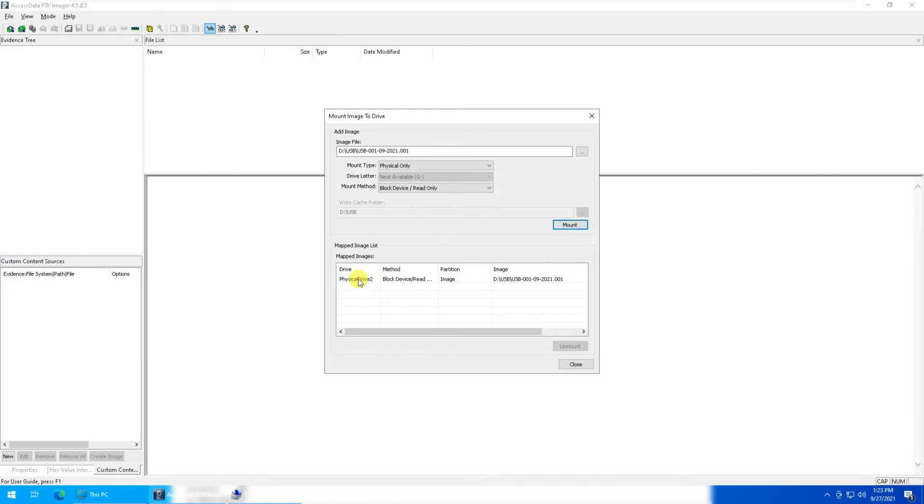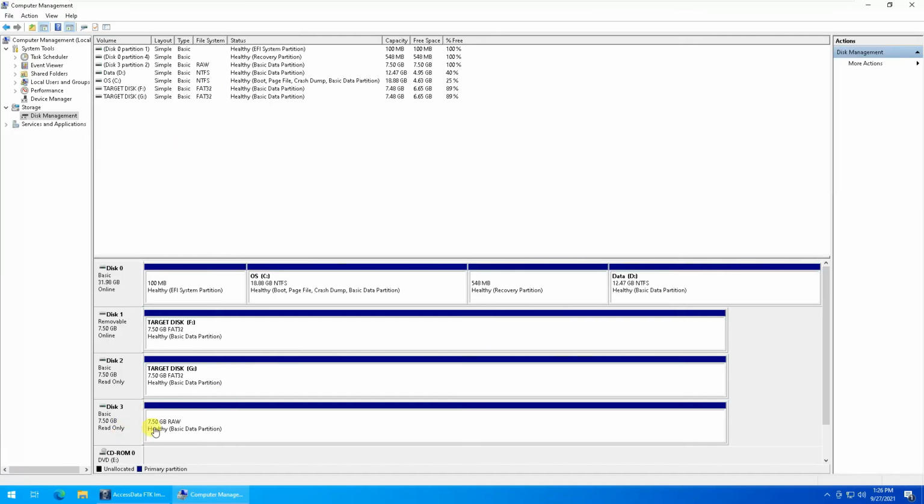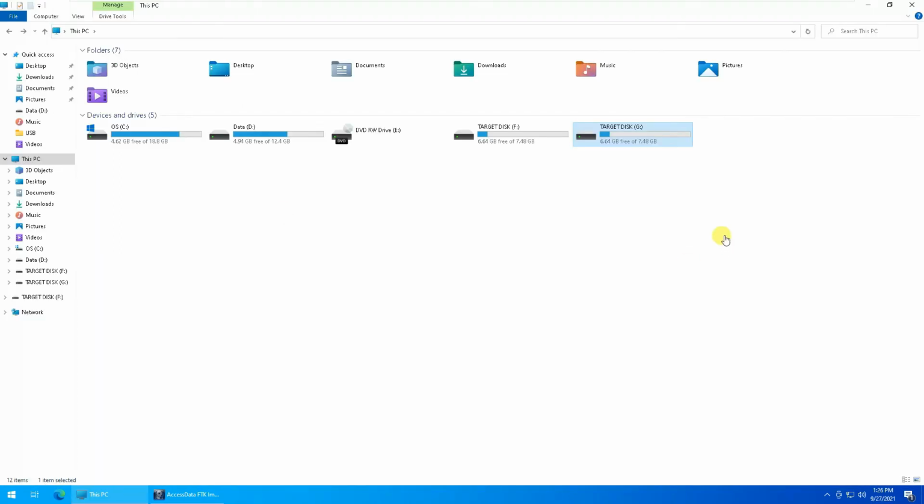Now as you can see, the drive has been mounted, and we can close this. We can see in disk management that a device has been added. As you can see, a Disk 3 has been added to the computer. And if we go to This PC in File Explorer, you can see the target disk, and this is